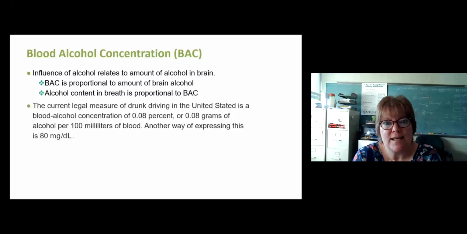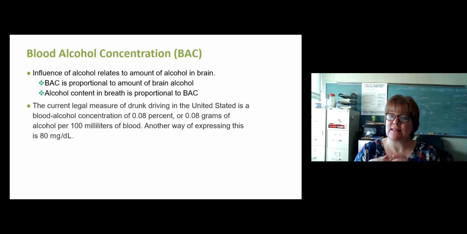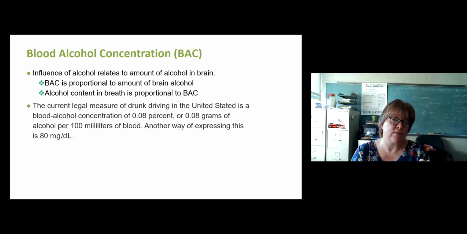So the blood alcohol concentration, or BAC, is something we refer to a lot, and that's this general measure of how much is in the blood. And again, remember we said that that's equal to what's in the brain. The brain is where it's doing its effects. And it turns out it's also proportional to the amount of alcohol content found in the breath, but there's a whole lot less of it. There's a proportionality factor, and we'll talk about that in a separate section.